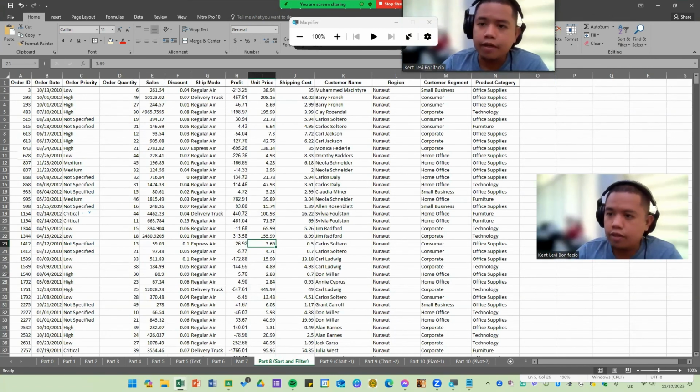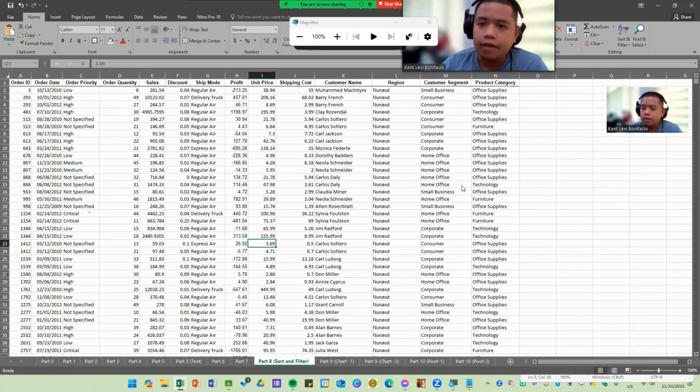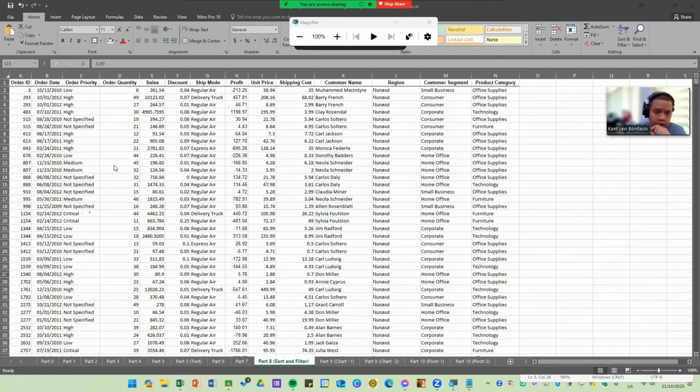Sunod ako ay kung screen lang siya dira. Okay? So, what we have here is a sample data set. Tapos, we're going to apply basic na sort and filter nga ni. So, sometimes we will be given a larger data set. Tapos, we need only to get or to see yung mga some parts lang based on the data na kailangan